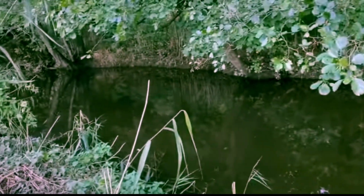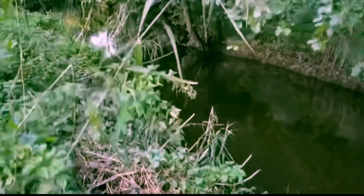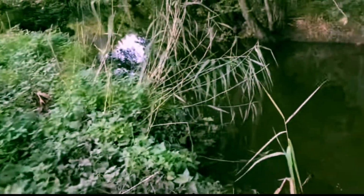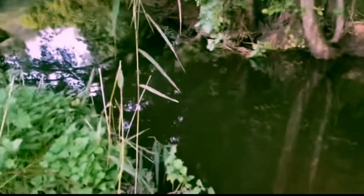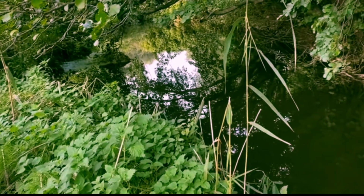Okay, so where the bread drifted down the river, it's gone a fair way down where you can't see at the moment. There's a few fish coming up and smashing the bread, so it'd be nice if I can get a run through there and hopefully hook one on whatever they are. So I'm going to try from here. Hope you can see. I'm going to drift all the way down there,